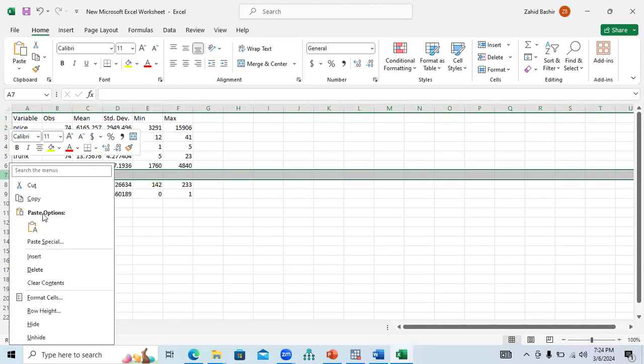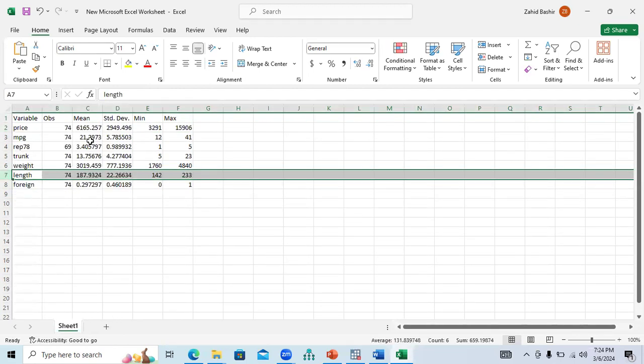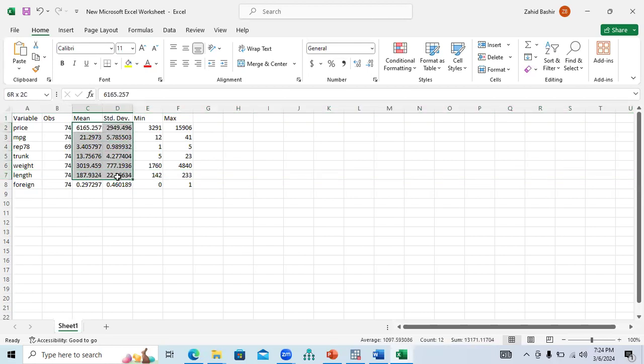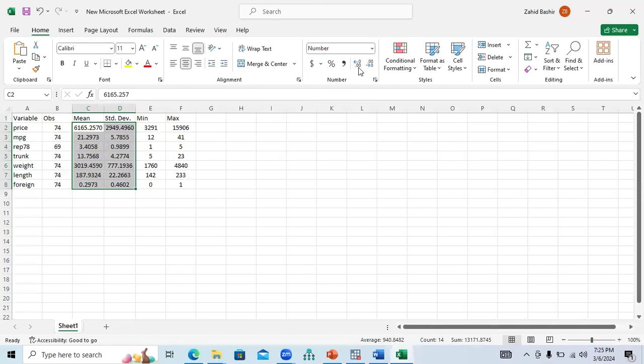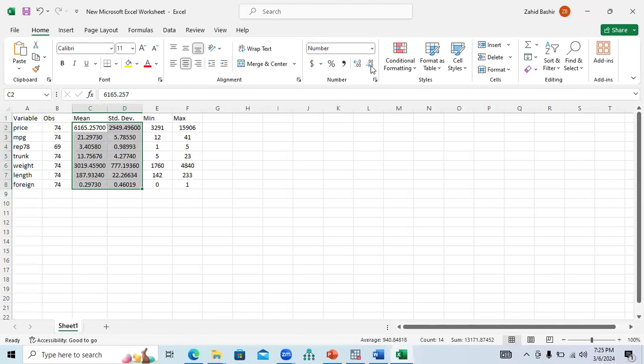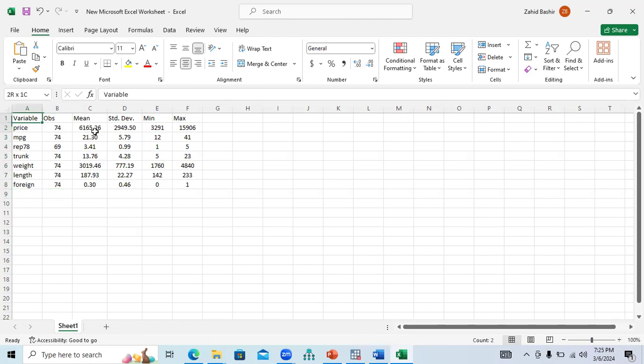How can you edit it? For example, some of the journals want the values to be in two decimal places. These values are very large in range, and I would like to create two decimal place values. So I can go here, I can select values for two decimal places. So it will become like this. So I can